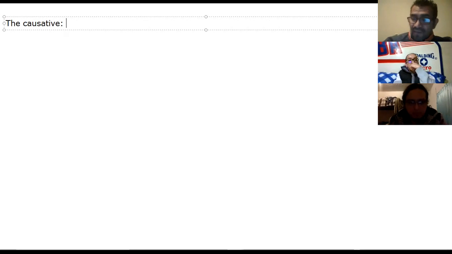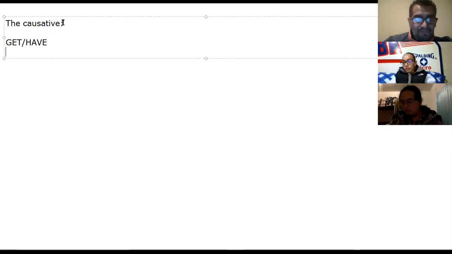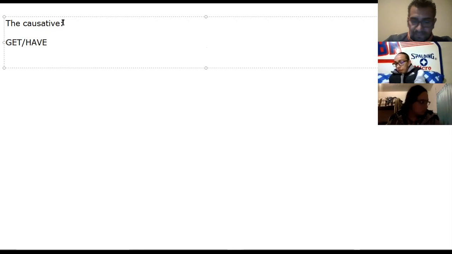Okay, so basically something like this. We can use the causative with two verbs. We can use get, or we can use have. Those are the most common verbs we can use with causatives. For example,